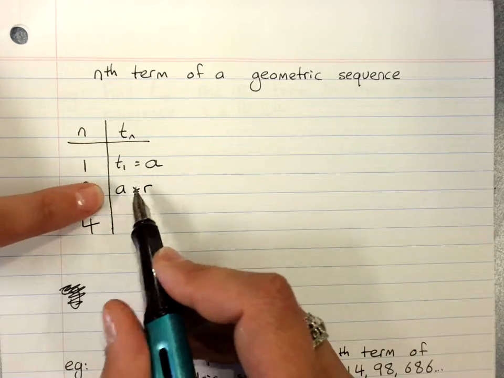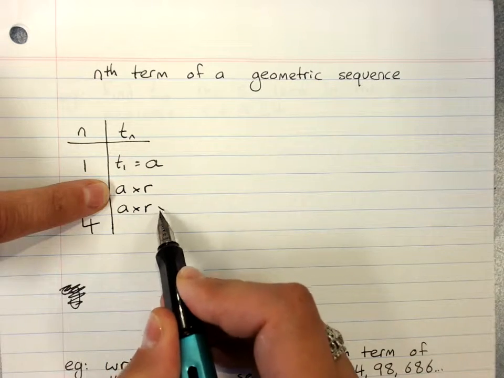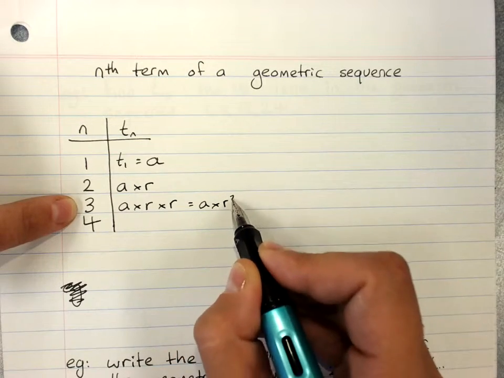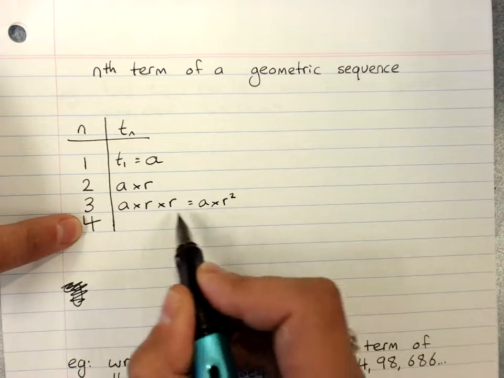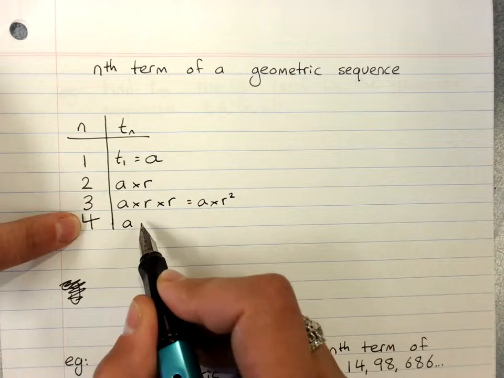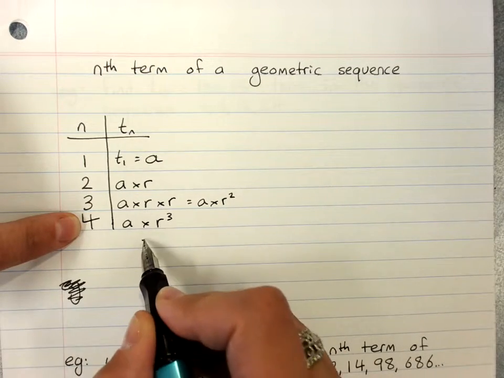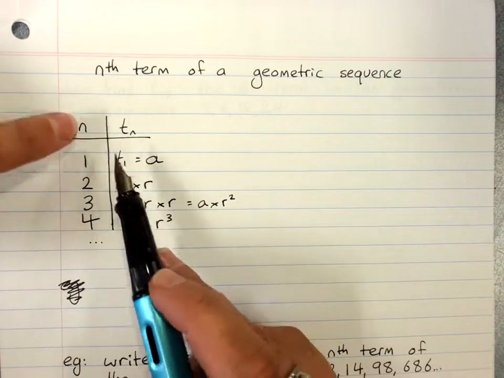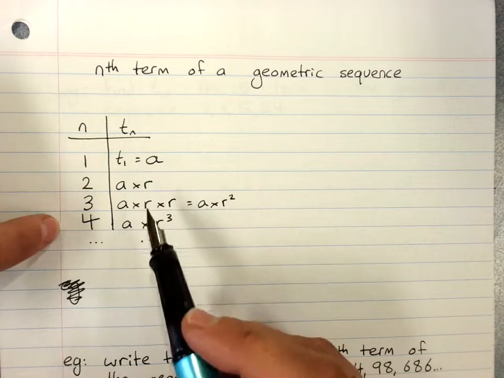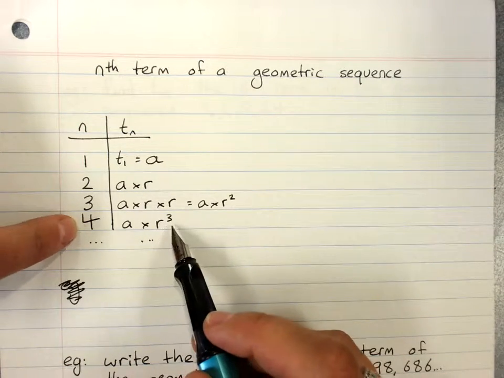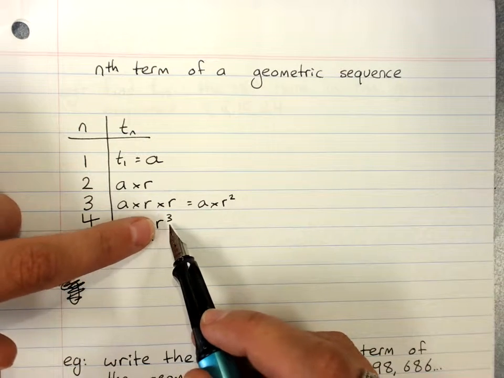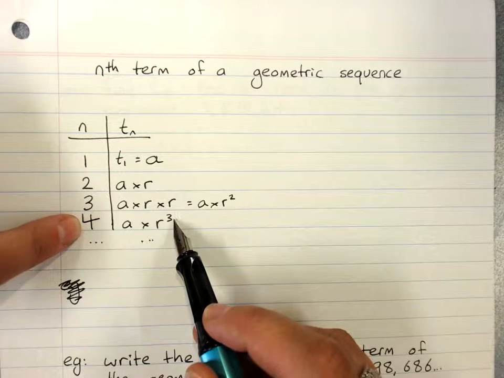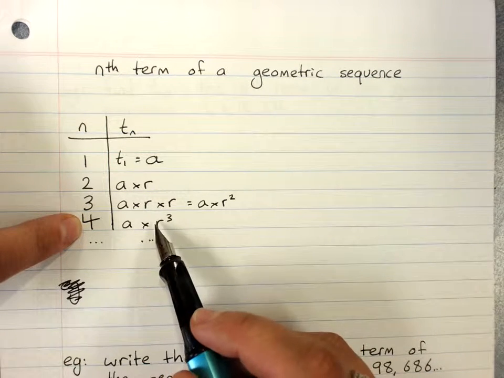Then to get term 3, we'd take a times r and multiply it by r again. So that would be a times r squared. Then we'd take the previous term and multiply it by r again. We'd get a times r cubed. So as you can see, in the same way as there was always this n-1 way of predicting the term, here the common ratio to the power of 1 less than the position, n, will find us the term,